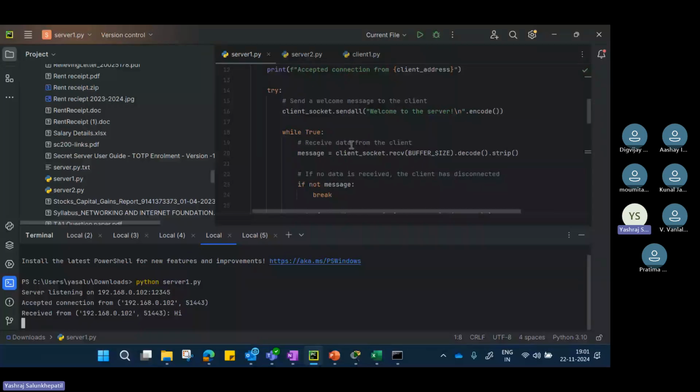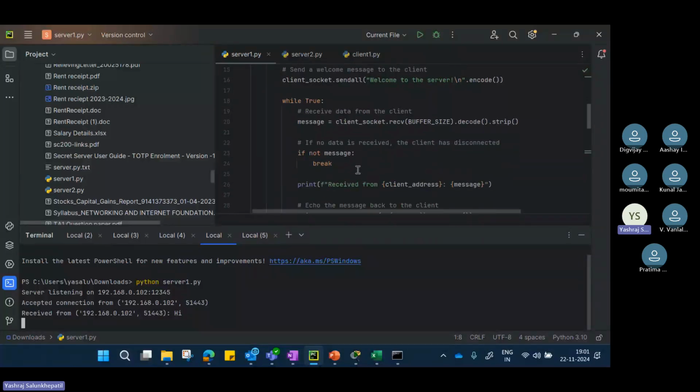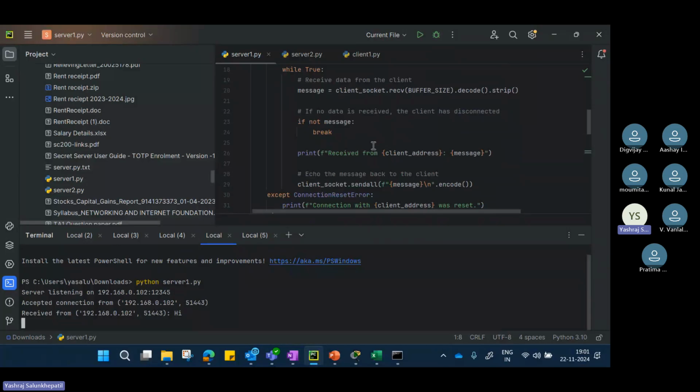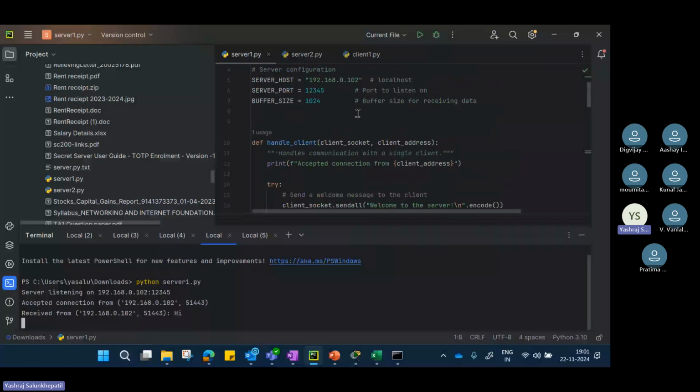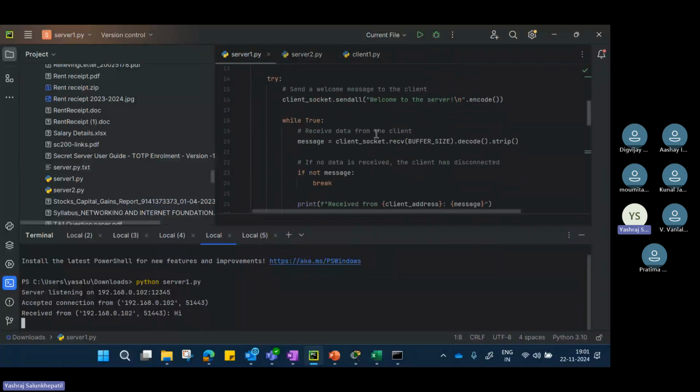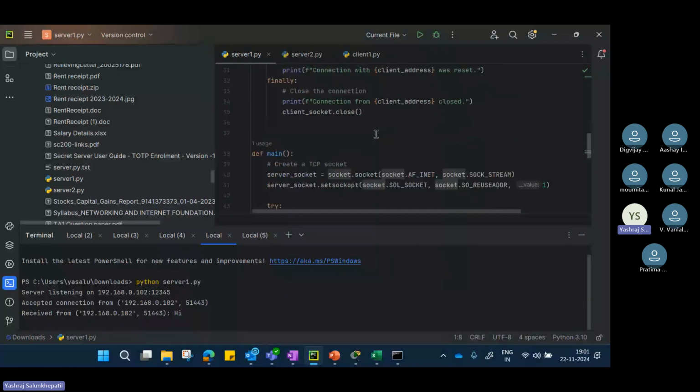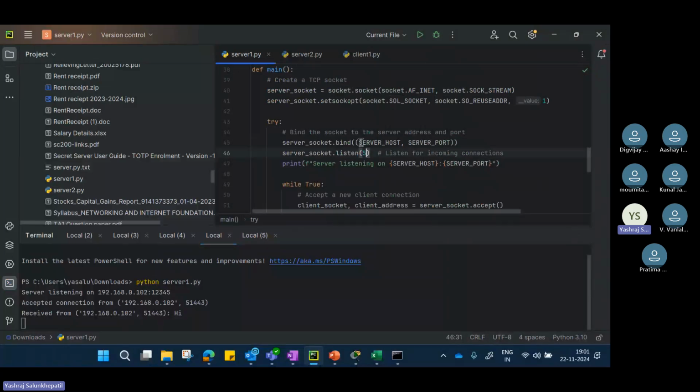Right. So we receive the data. If no data is received, the client has disconnected. Okay. And generally it should work for 5 seconds because somewhere we had written 5 seconds. Yeah, this. Okay. But